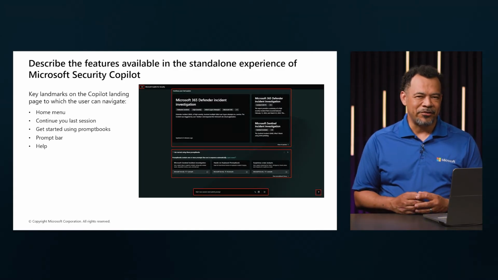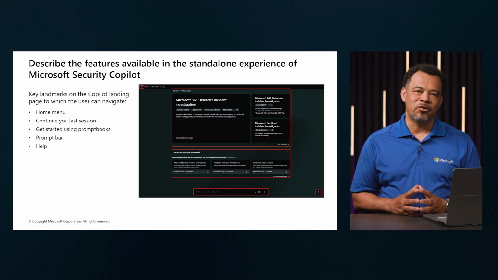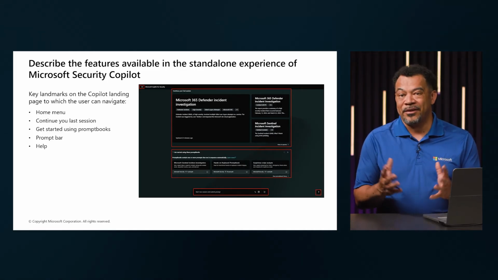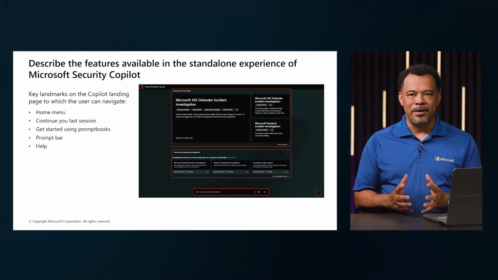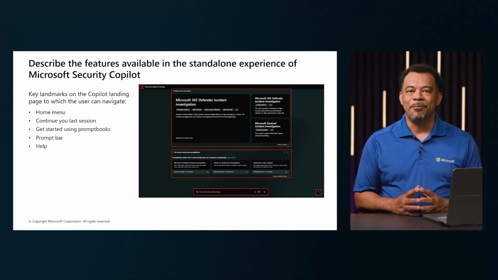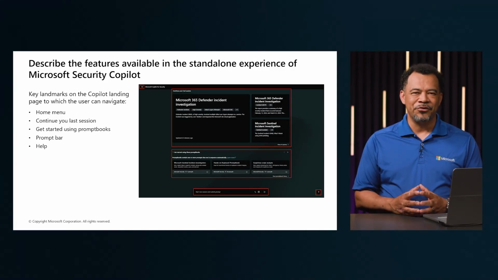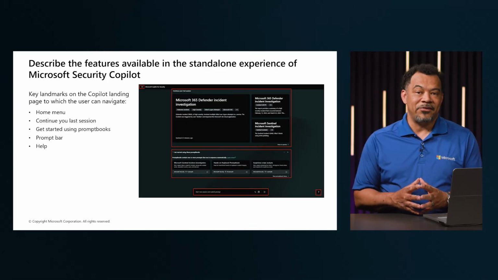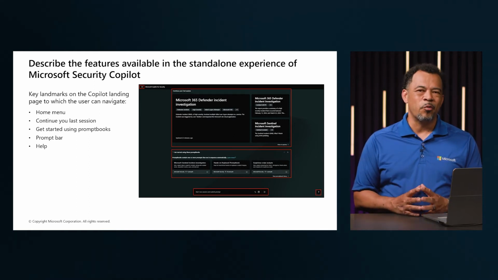The standalone experience of Microsoft Security Copilot is designed to give security teams a focused, AI-powered workspace. You access it directly through a dedicated portal at securitycopilot.microsoft.com. In this environment, you can interact with Copilot using natural language to investigate threats, summarize incidents, and generate reports. It also supports custom prompt books, which are reusable workflows that help standardize and speed up common tasks. You can connect knowledge bases to give Copilot more context about your environment, making it respond more relevant and more